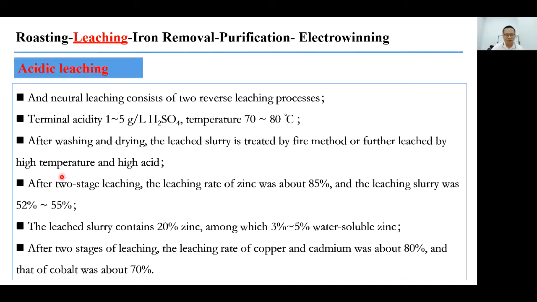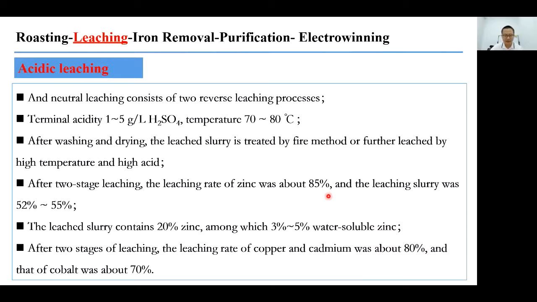So after washing and leaching, it was further treated. After two stages of leaching, the leaching rate of the zinc was about 85%. Previously, it was lower than 80%. After acid leaching, it can be improved by 5%, and the leaching slurry was around 50%. And there is still 10% of zinc. So we should get